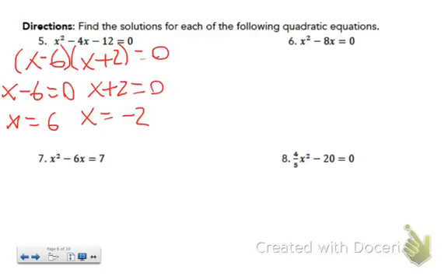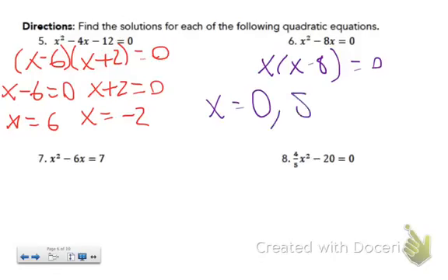Number 6, there's no c, but I can factor out the greatest common monomial factor, which would be an x. So if I take out an x, I'm left with x minus 8 equals 0. Set each side equal to 0, and you get x equals 0 and positive 8. And again, you can graph this in your calculator and double check that that's where it crosses the x-axis. Number 7,